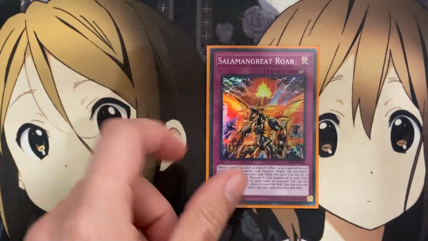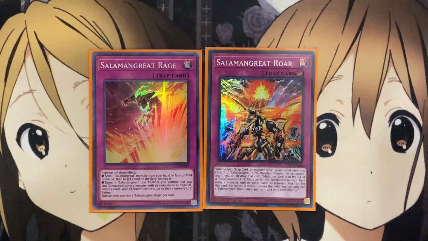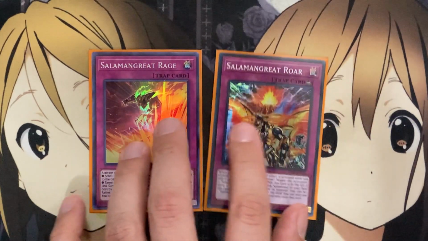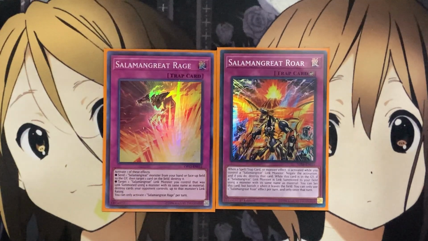Moving on to the traps, I run 1 Salamangreat Roar and 1 Salamangreat Rage. The destruction power with Rage and the negation with Roar. You can both set these cards up quite easily with Gazelle and then the Sunlight Wolf play for recycle onto the field, or Falco, you name it. Having these cards set and reusable makes it all the better because then you have the destruction with Rage and your reincarnated monsters being able to pop as many as the Link monster you control, and Roar being able to stop those cards your opponent may try to use against you,